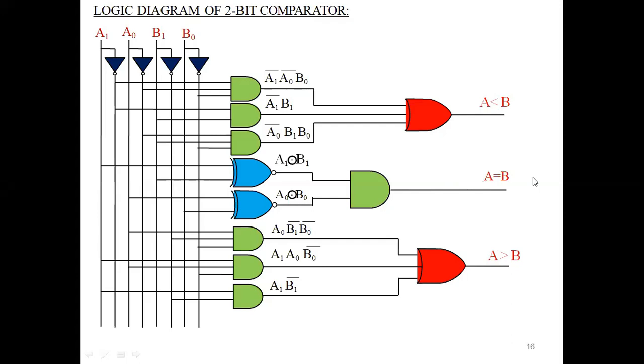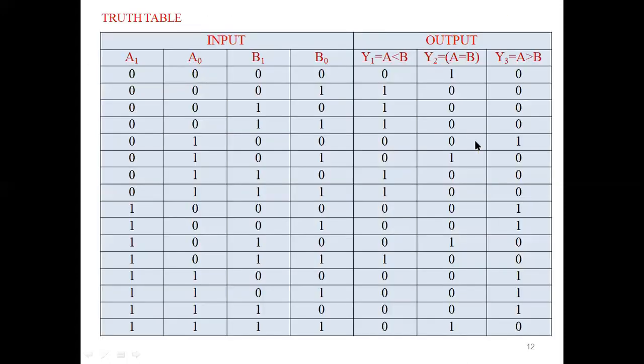Like this, we have to see this truth table. See, when A value is nothing but 3, that is 1, 1, and B value is nothing but 3, 1, 1. So here A is less than B, that is 0, we got that. And A is equal to B, there only by using the logic circuit diagram, we got only 1. And here A is greater than